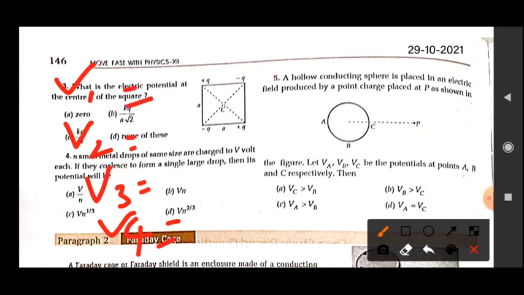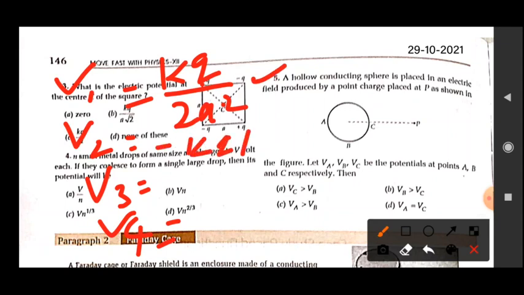So if you calculate these all, then due to one point charge, suppose this point charge, we have to calculate potential at C. Because of that one, the potential will obviously be kq by r squared, and r is root 2a, so it will be kq over (root 2 a) squared. Similarly for V2, here it is minus q charge, so minus kq upon root 2 a squared.